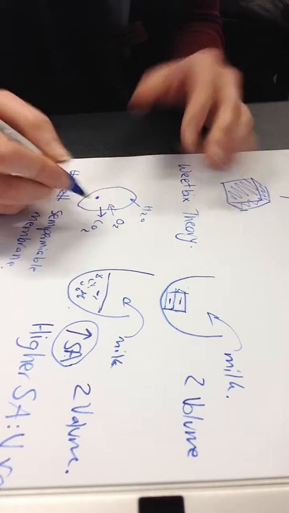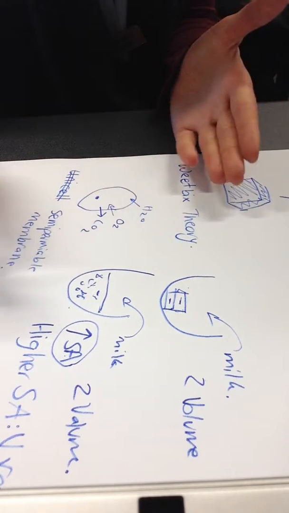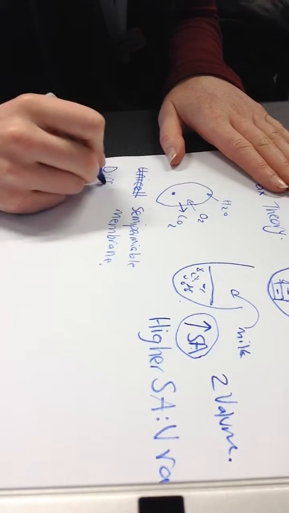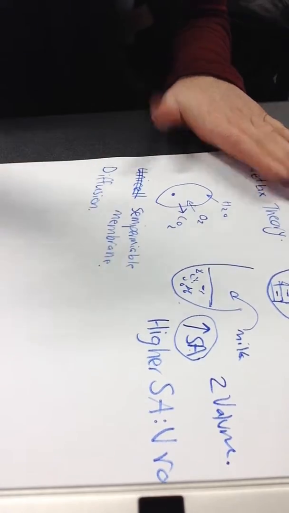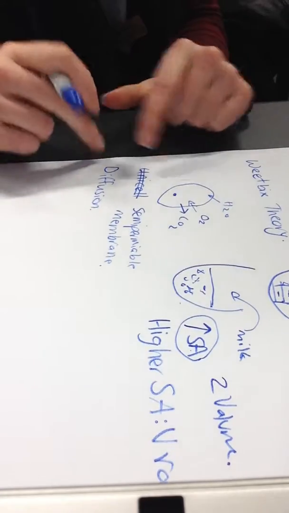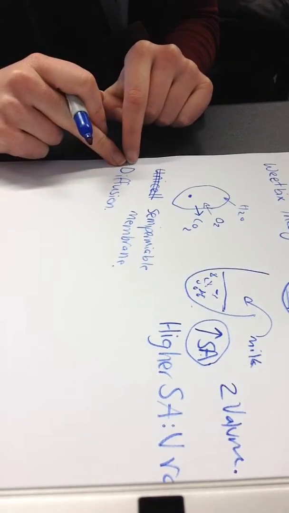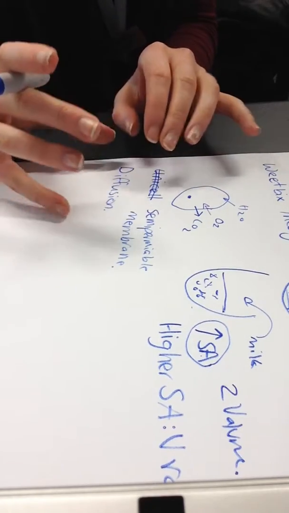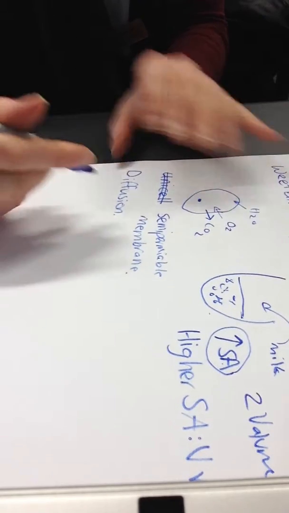This allows molecules to come in and out through something that we call diffusion. Diffusion can only really happen over certain distances. If the distance is too far,